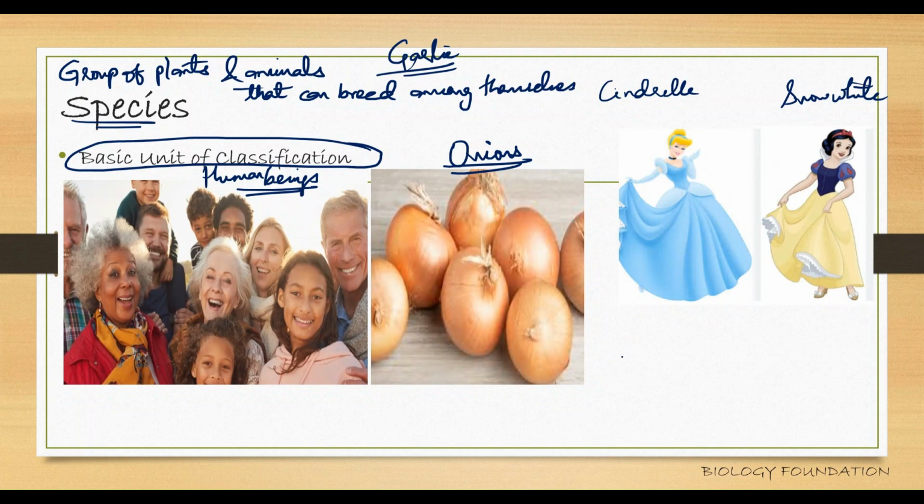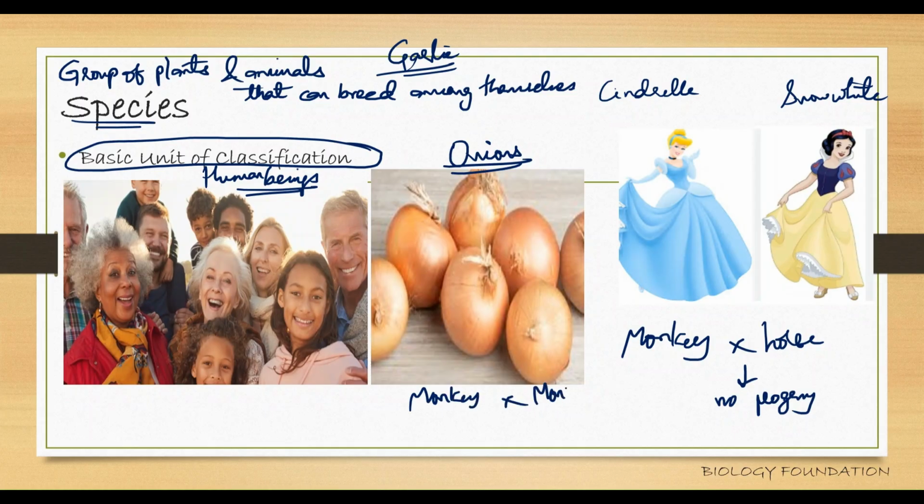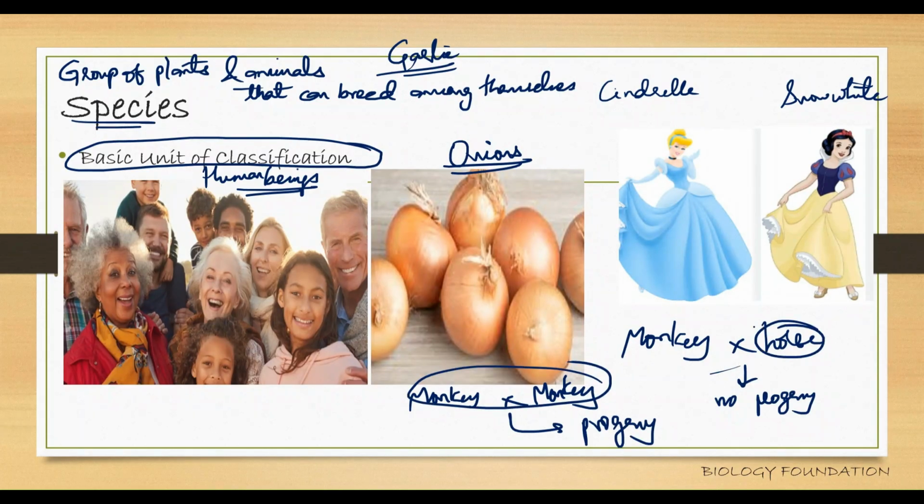You can't take a monkey and breed it with a horse. There will be no progeny seen. A monkey can breed with a monkey and give you progeny. So, monkey belongs to one species, horse belongs to another species. Is it clear? So, species is the base, just like cell is the basic unit of life, the basic unit